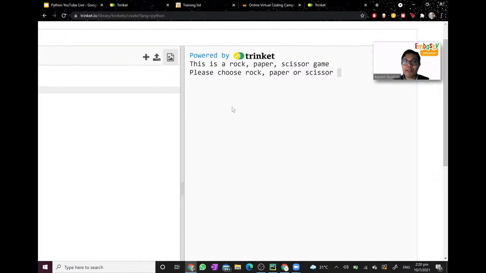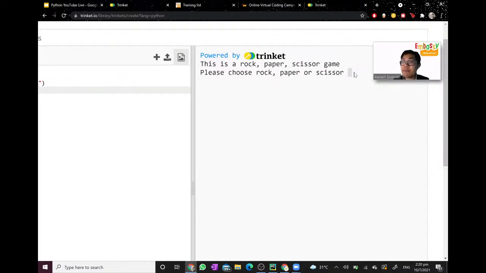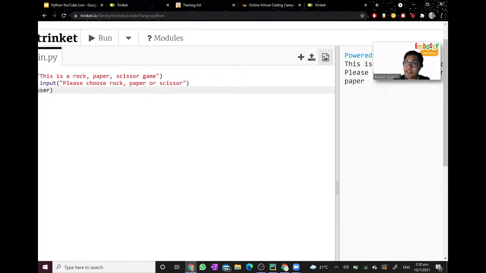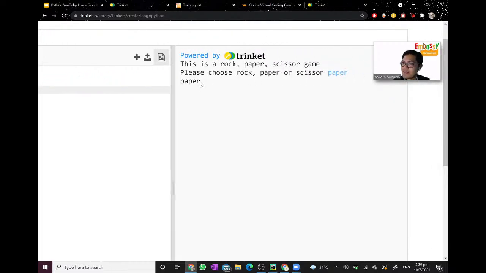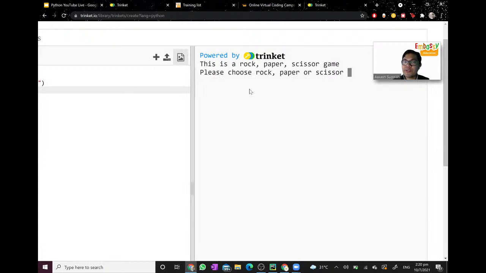So first, you print out the line this is rock, paper, scissors through our print line here. And next, using the input function, it will ask us, please choose rock, paper, or scissors, right here. And then it will allow us to actually insert a value. So let's say I write in P-A-P-E-R. Ta-da! As you can see, it then prints out the value of user, which previously I've written to be equal to paper. See? Of course, currently now there's no filter. So let's say I run the program again, and instead of writing rock, paper, scissors, I can choose gun. And it'll still write gun here, see? So don't worry about the filter. We'll still continue with this.